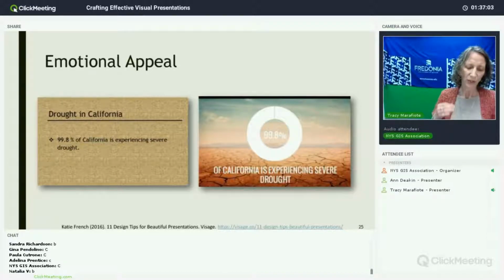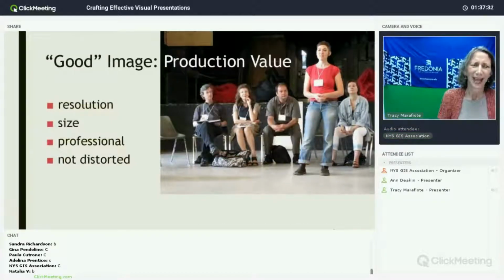So visuals are going to do a lot more than just support your message. They enhance audience comprehension, they enhance retention, and they elicit an emotional response that increases the impact of your message. So that's going to bring us to the next question. So I've been emphasizing, you want to make sure that you have these visuals. This is how important they are. This is how much they're going to reinforce and strengthen the message that you're trying to get across. But how do you choose a good image? What makes a good image?